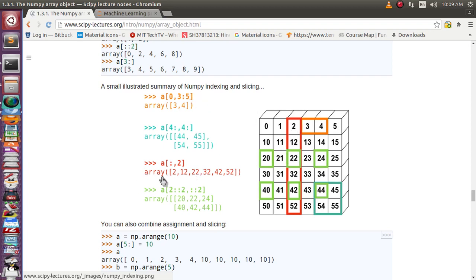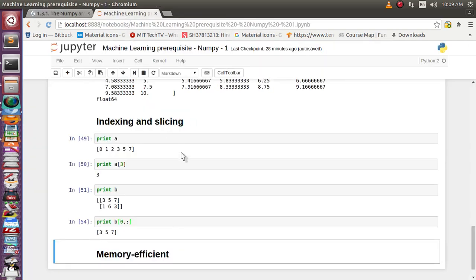In the same way, let's concentrate on if you want to extract this red part. So this is the third column and all rows. All rows will be selected with the help of just the colon. Colon means all values associated with that row will be extracted, and this is the third column, which can be extracted with the help of just the second index. So we have extracted this red part. This is the third column. So this way we can extract elements inside the numerical Python array.